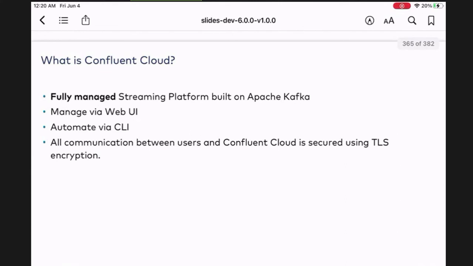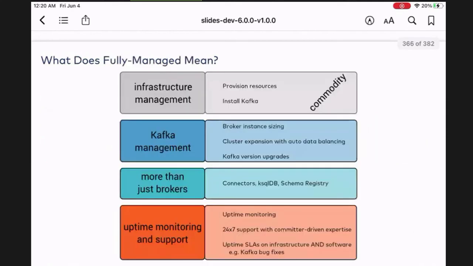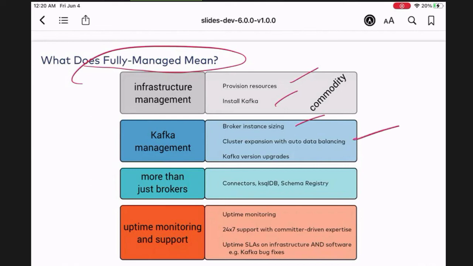So, a fully managed streaming platform, managed by web UI, automated by command line. All communication between users in Confluent Cloud is secured using TLS, Transport Layer Security, right? Very powerful. And then they say, what does fully managed mean? It does stuff like this: provisioning, installing Kafka, broker instance sizing, cluster expansion with auto data balancing.